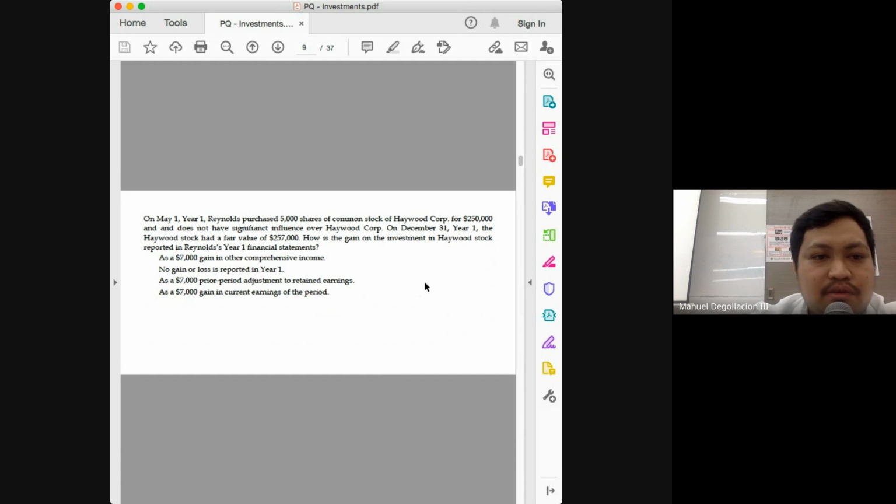Next, on May 1, Reynolds purchased 5,000 shares of common stock of Haywood and does not have significant influence. On December 31, the Haywood stock had a fair value of 257. How will the gain in investment be reported? Class, if we do not have significant influence, are we going to use the equity method? No, we will be using the fair value method. Okay, what happens under the fair value method? Restate the balance to its fair value. How much was the initial balance, class? Initial balance of the investment,